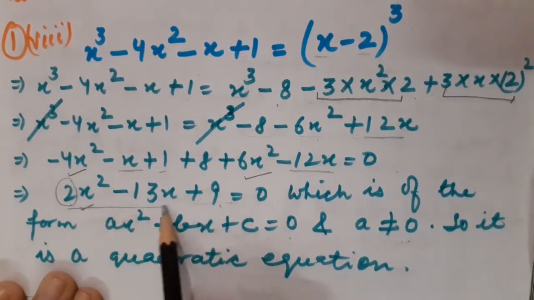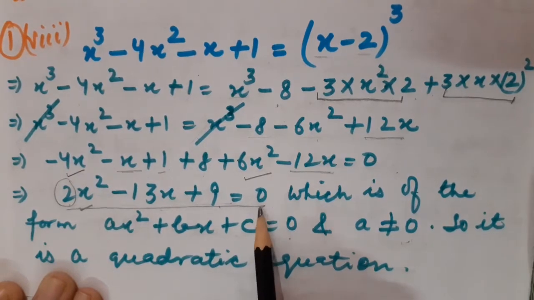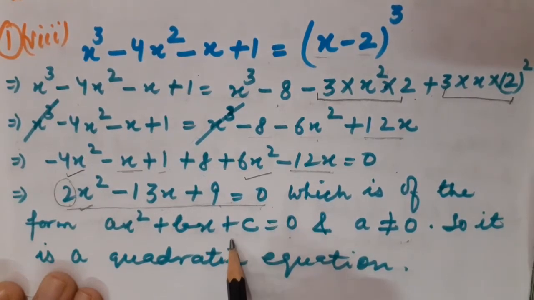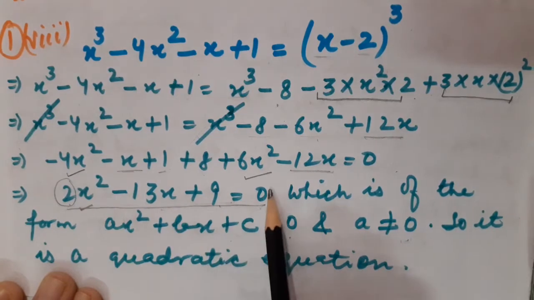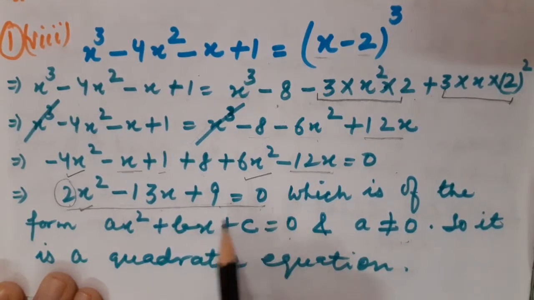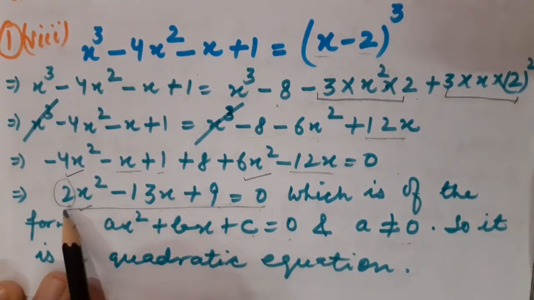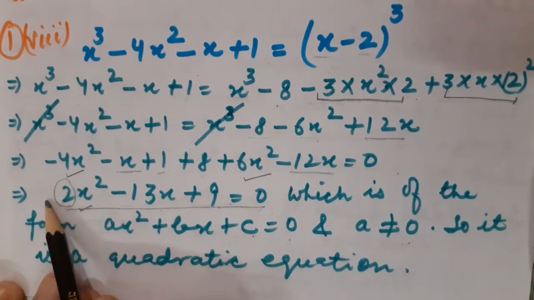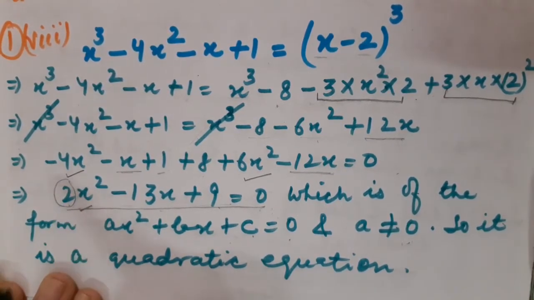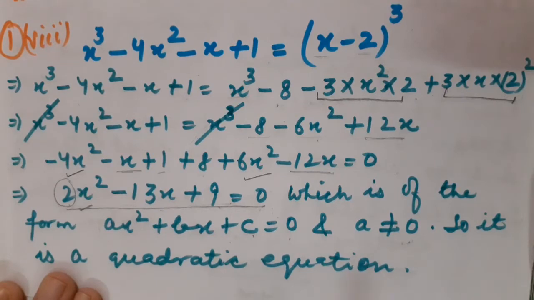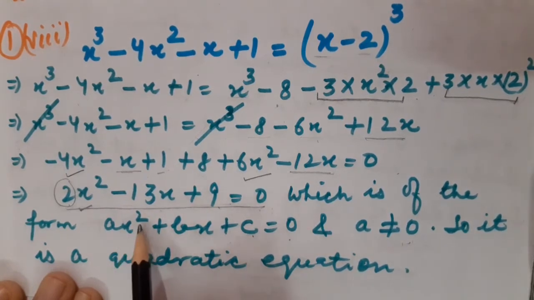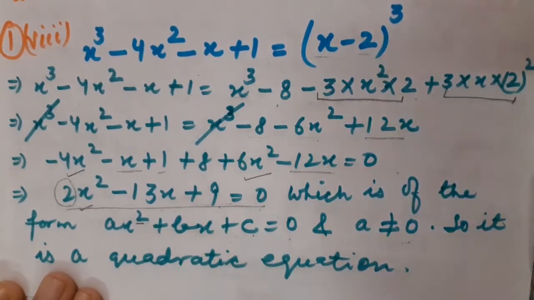And of course, if I am going to compare this required quadratic equation with the generalized form, definitely I will come to know, yes, this is a quadratic equation because it is just going to be matched with the generalized form of the quadratic equation. Correct? Suppose while simplifying here, if I was going to get any term with x cube or x raised to the power 4, definitely in that case it will not be called a quadratic equation, because in quadratic equation the variable which is present in that, its highest power will be 2. Correct, children?